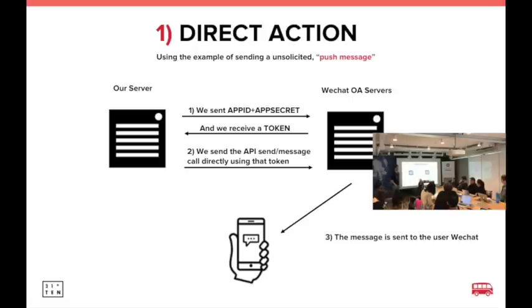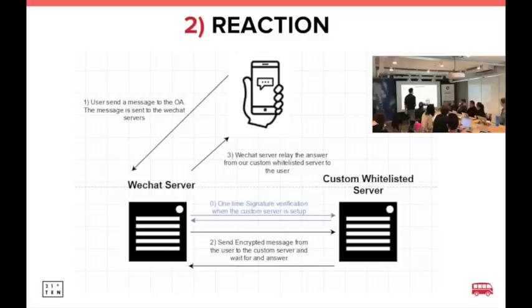That's all. Reaction is a bit more complicated, so we're not going to code it today, but I just want to show you that. In reaction, the user sends a message to WeChat. Oh, what are your products? Or, is your shop closed at this hour? I want to have a brunch, blah blah blah. So he's sending the message to the official account, which is going to go to the WeChat server.